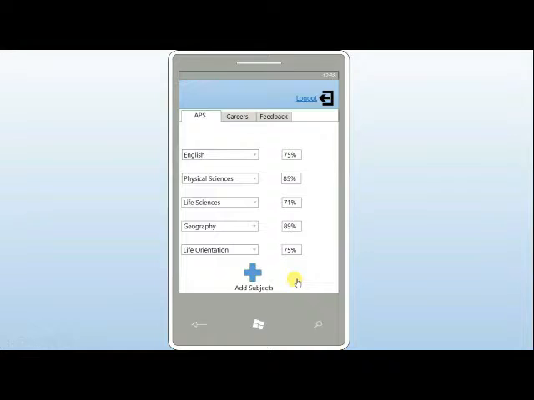And once they sign up, it will redirect to the form where they'll have to input their subjects and also their marks. When they are not satisfied with the number, they can add subjects. When they've added the subjects that they'd like to add, they can click done,